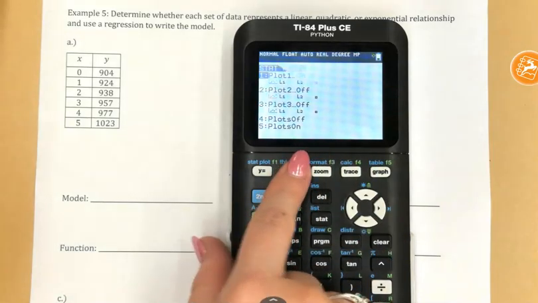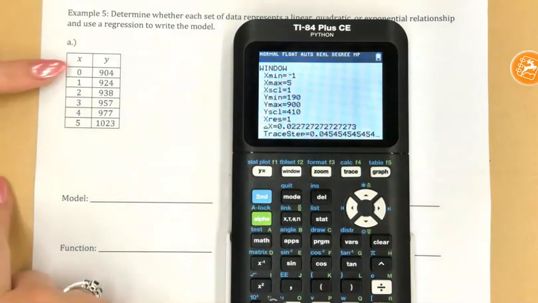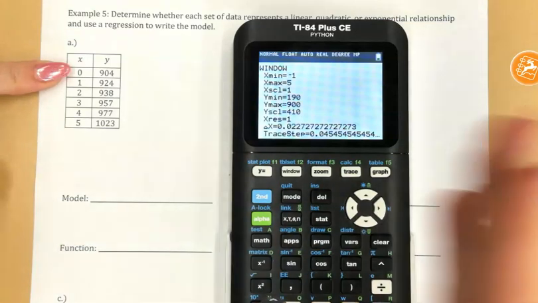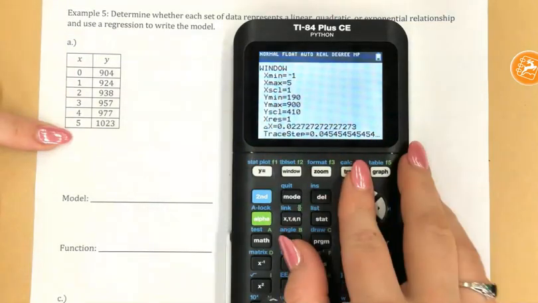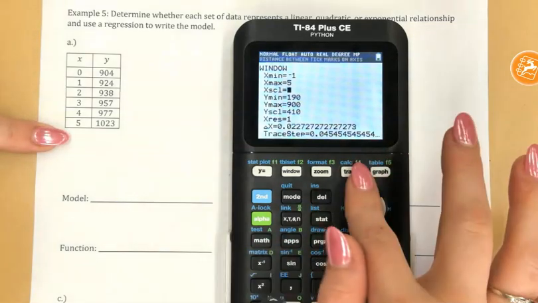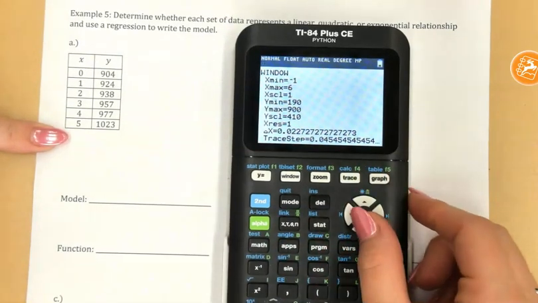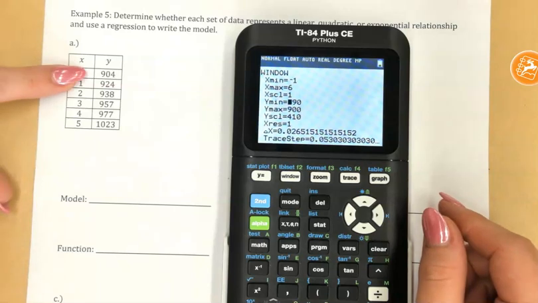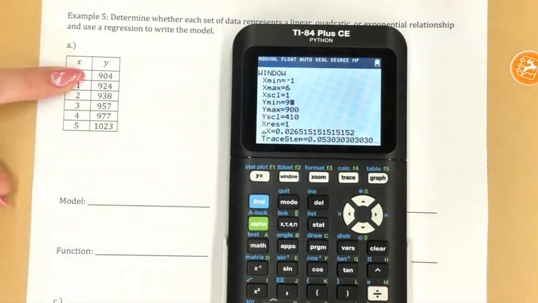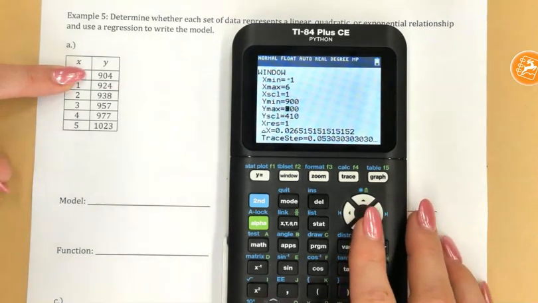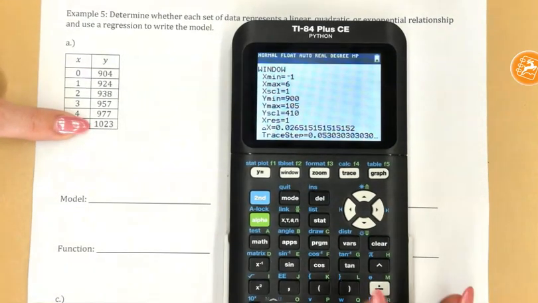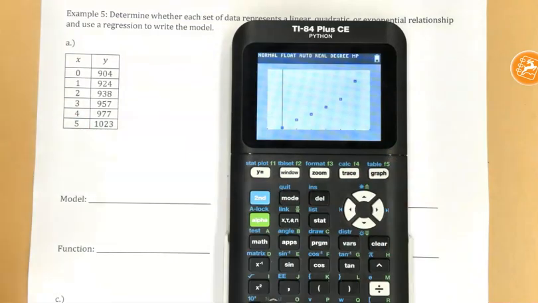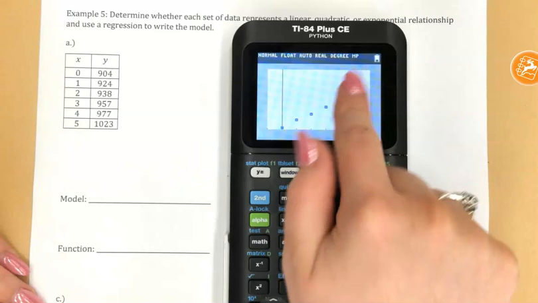And then I want to make sure that I adjust the window appropriately. So my smallest x value is 0, and I want to be able to see a little bit before that, so I'm going to go to -1. My biggest x value is 5, and I want to be able to see a little beyond that, so I'm going to go from -1 to 6. For my y's, my lowest is 904, so I'm going to do 900 just so I can see a little bit before. My biggest is 1023, so I'm going to do 1050 just to make sure I can see a little bit beyond that. And then when I hit graph, it shows me my points,